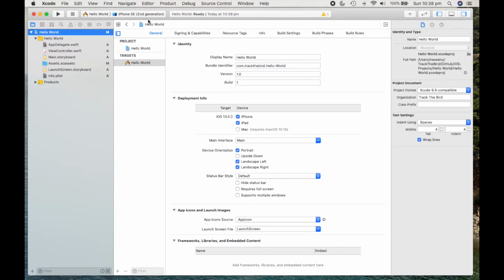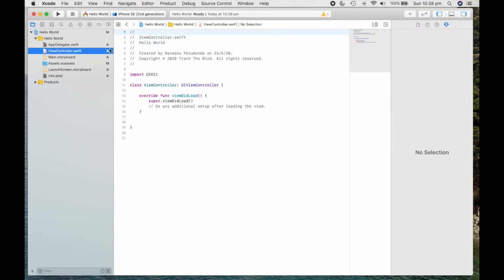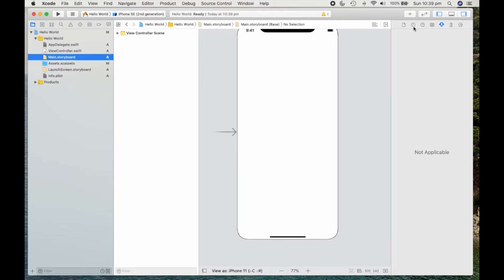The second part is this, from the middle center. This is called the editor pane. You can add all the code and everything here. That's why this is the editing area, hence it is called the editor pane. The last one is the inspector pane. Here you can see all your attribute related items, and this is called the inspector pane. Finally, there is a small section here. This is the utility pane.